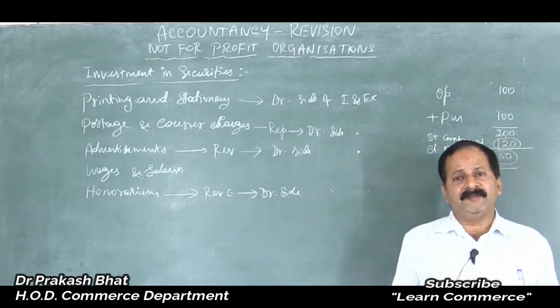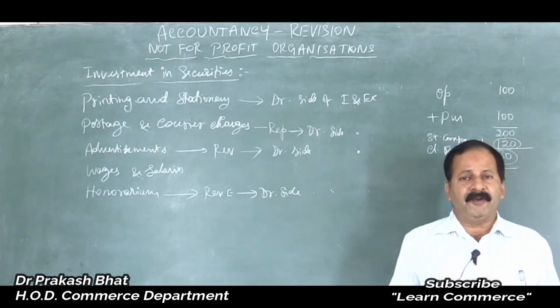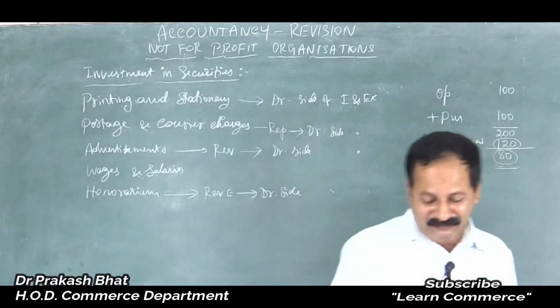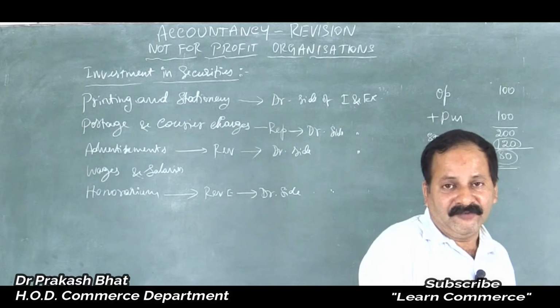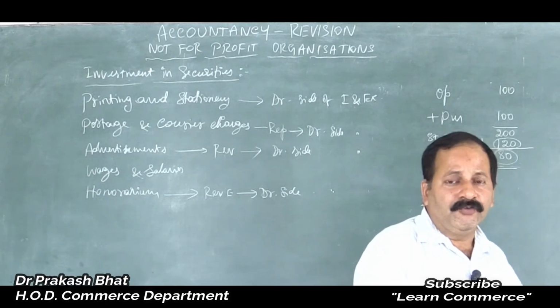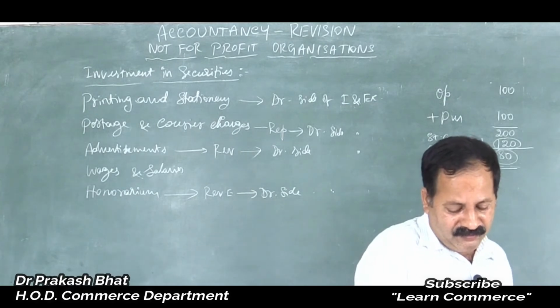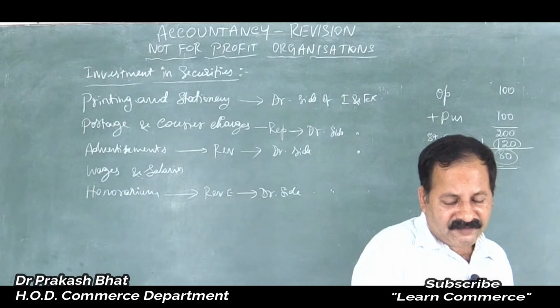Whether there is a match or not, it should be maintained properly, otherwise it will become a forest, isn't it? Instead of a playground, it will become a forest. So that is again revenue expenditure, repetitive in nature, so it should be entered on the debit side of income and expenditure account. Then the next one is conveyance charges